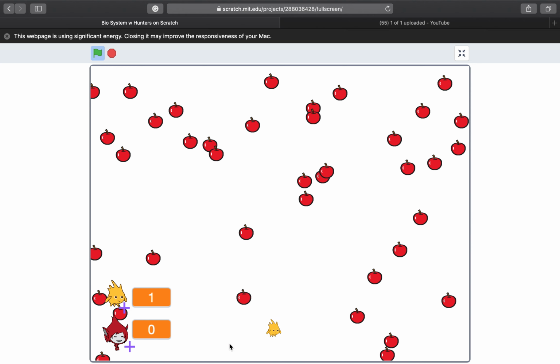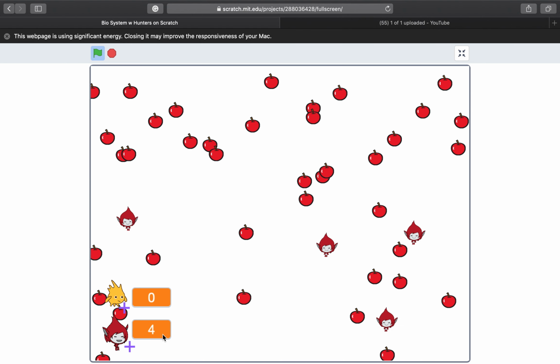I also realized that as I was making this model, it started to get a little bit overwhelming with all of them talking. So I said, if there's more than 10 of either one of these guys, stop talking. So they only talk as long as there are fewer than 10 of them. Anyway, so these guys starve to death if none of these exist. But if these guys exist, and we'll start with 2 of them, 4 of them, pretty soon they're going to get to be big numbers.